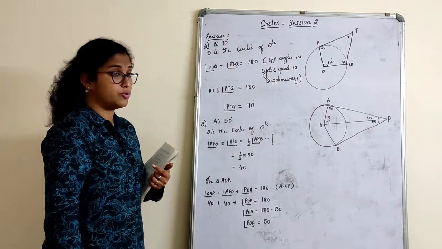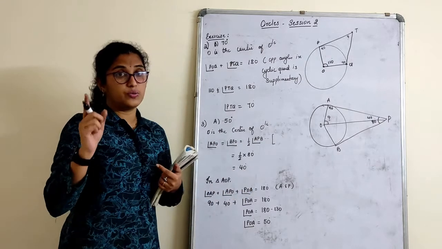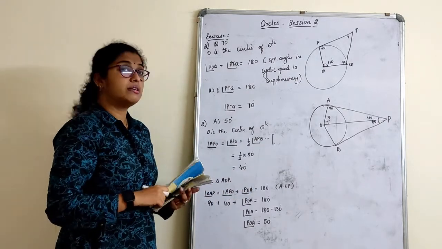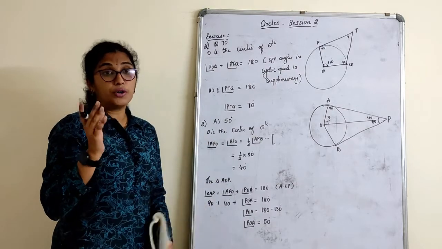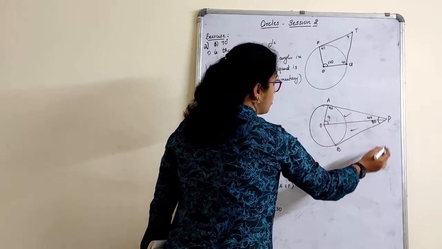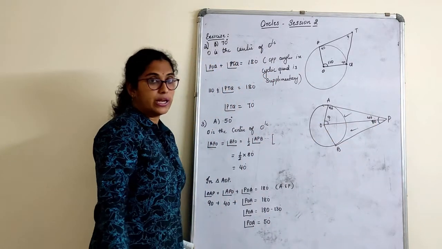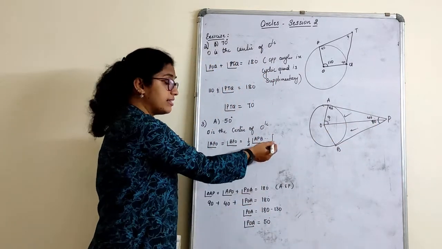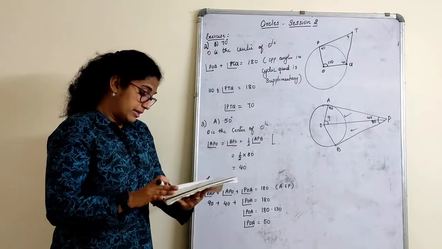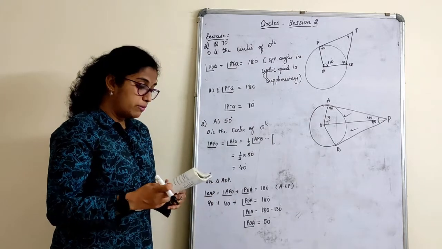This is how you are supposed to do it. The reason here, children, is very important. Just repeat the theorem's second line. Even in the exam, if it is asked, repeat it. Otherwise, if you don't want to repeat the theorem, the only option left is to prove that these triangles are congruent and prove that these angles are equal again. That's a lengthy procedure. Instead of that, give the reason, your work will be done. So there we complete 3 MCQs. We'll move on to the next one.